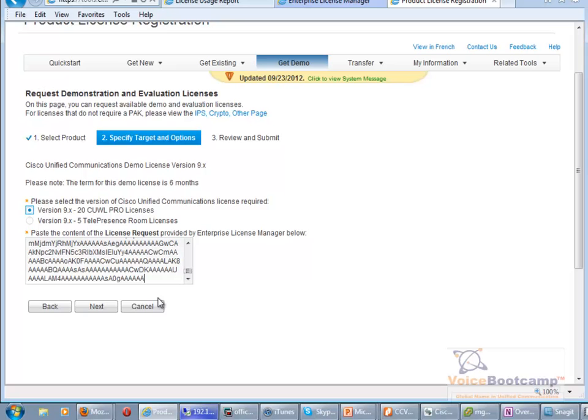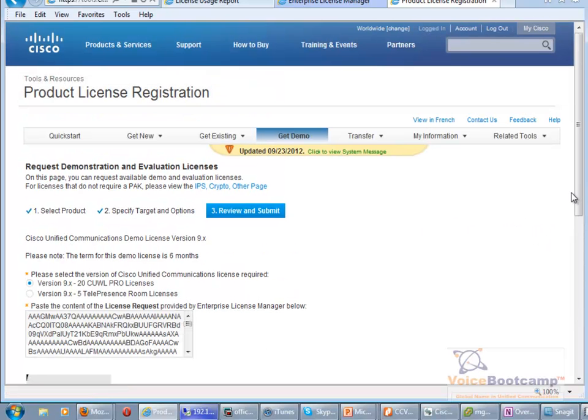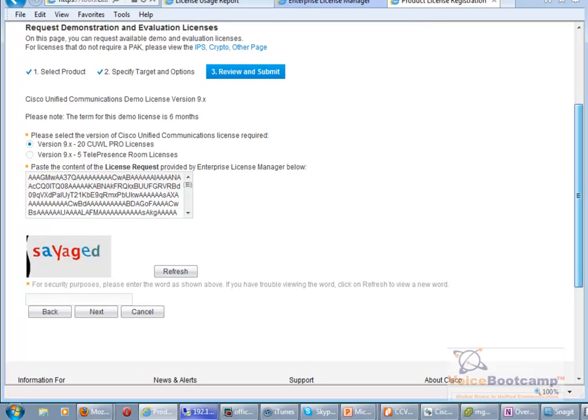Now currently it's not working at this moment. If I click on next, I get an error message. So basically, it may have some issues. Previously I got an error message, but this time, oh no, I was able to successfully